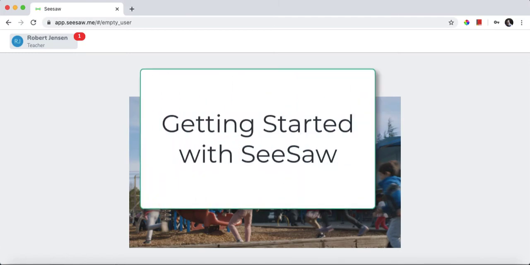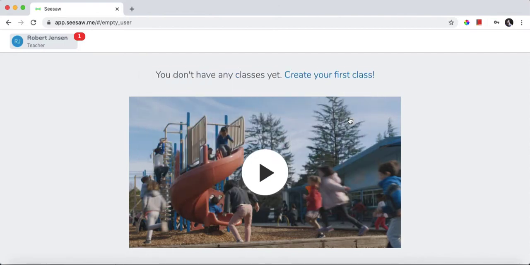Today we're going to take a quick overview of how we can use SeeSaw to help in our classroom instruction. This is a very basic overview. We will also have a follow-up video that will go into some more of the advanced features. I've gone to app.seesaw.me. I can also use the SeeSaw class app on an iOS or Android device, and I've